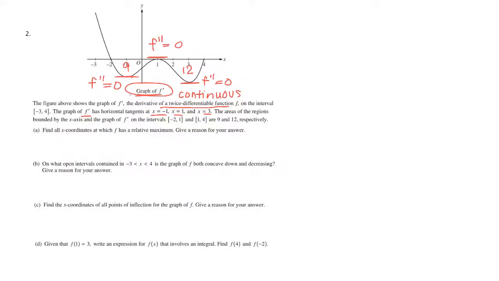When do I know f, if I'm looking from f prime, then f has a relative max. On the exam, don't abbreviate, but for class time purposes, I have to squeeze a lot in a small amount of time. So f has a relative max when what happens? Tell me the rule. F prime equals 0, right? Because that's a critical point. We need to make sure f prime equals 0 and changes